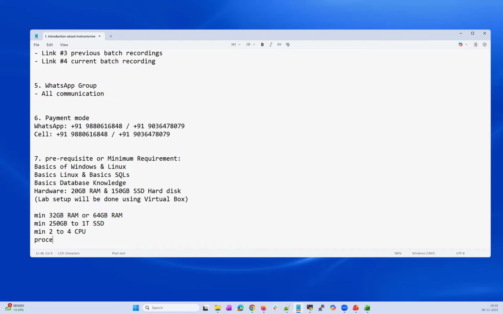And for your processor, anything latest, i9, i10 or i11, whatever the latest Intel processor, you can go with it.